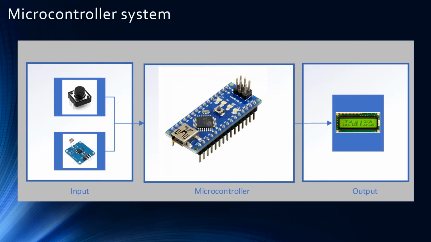In the computer system, you need a hard drive as permanent storage. In the microcontroller, there is permanent storage, what they call flash memory. But for the hard drive in the PC system, the capacity can go up to 1 tera, 2 tera, or more gigabytes. But in the microcontroller, usually the flash memory capacity is only in kilobytes or megabytes. It's a big difference. It has some kind of hard drive, but very small.